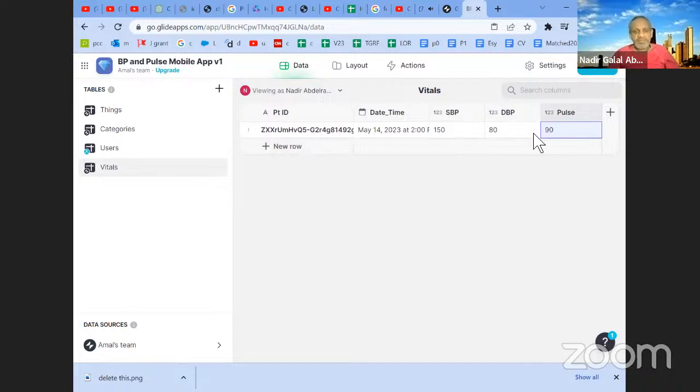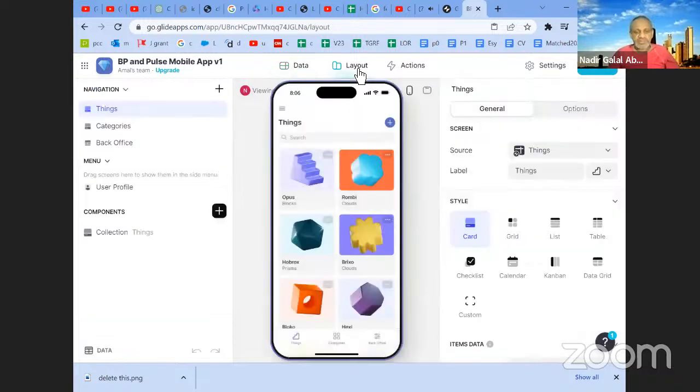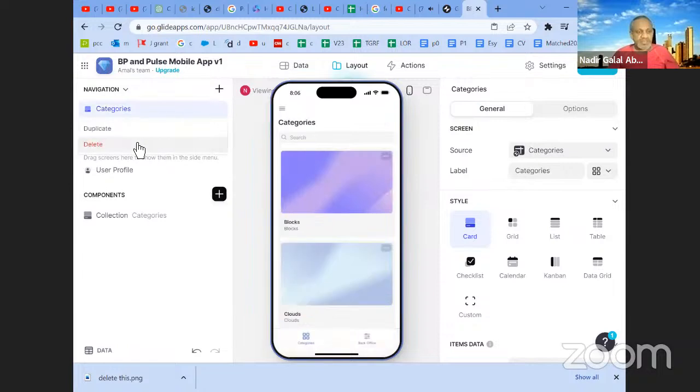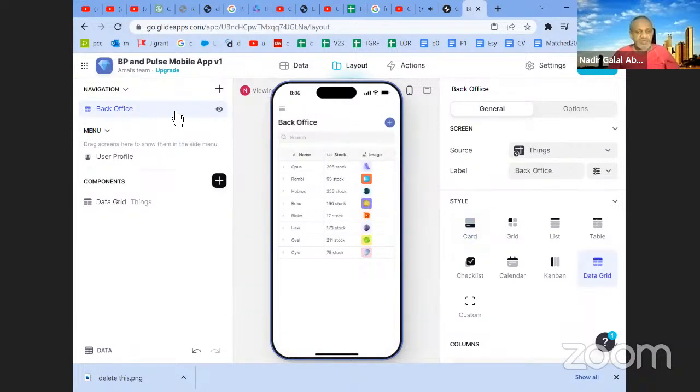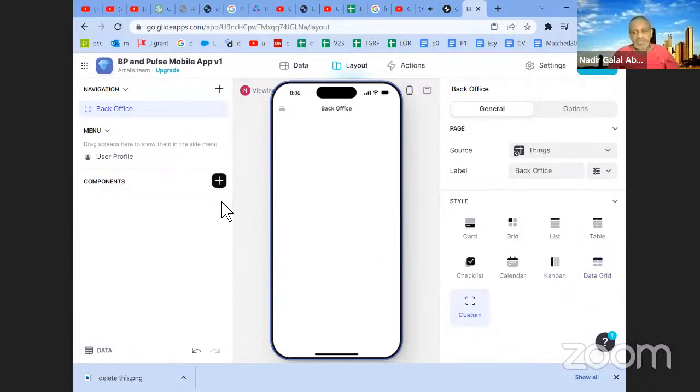So you can add this information manually, but we want the user to add them in their layout. To do that, we're going to go to the layout, and I'm going to delete this. To delete them, you can right click and delete, right click and delete. And the last one, I'm going to just modify it instead of deleting it. So I'm going to just delete this one, and I'm going to use